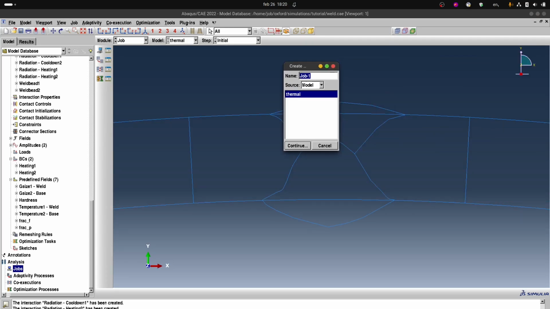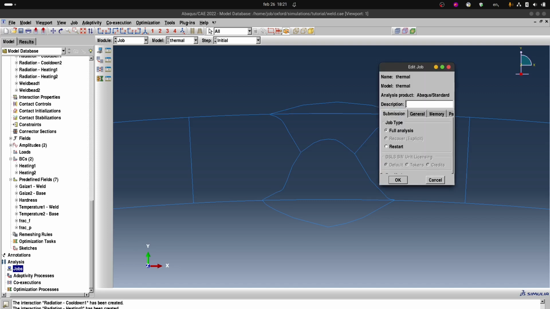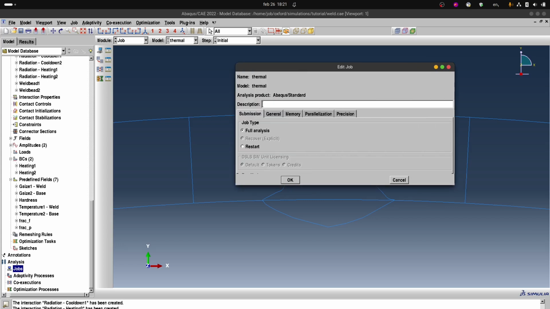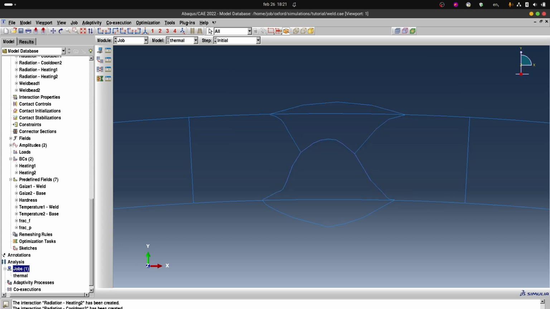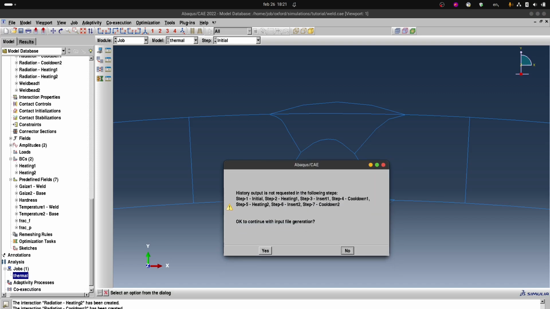Yes, let's create a job and let's call it thermal. Okay. Which opens the job window. I just have to press OK. We've now created this job. And let's see if we can write an input file. Let's write input file and give some wording. It says that history output is not requested in the following steps. We can either continue to